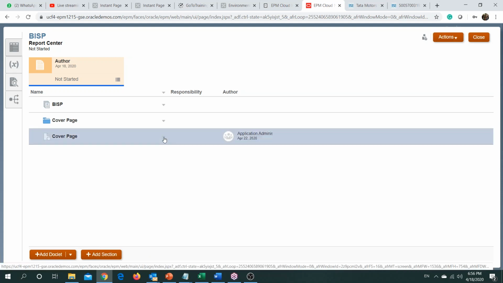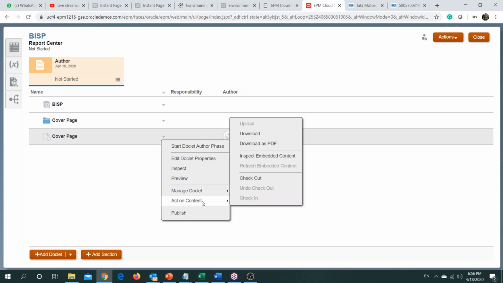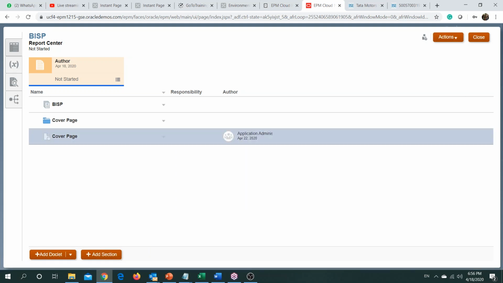If you want to make changes within the application, you just click the drop down arrow, go to act on content and click checkout. Once you click checkout, your author phase, the person who is responsible to make changes, appears and is enabled to make any changes. So only the desired user could make changes in the cover package.